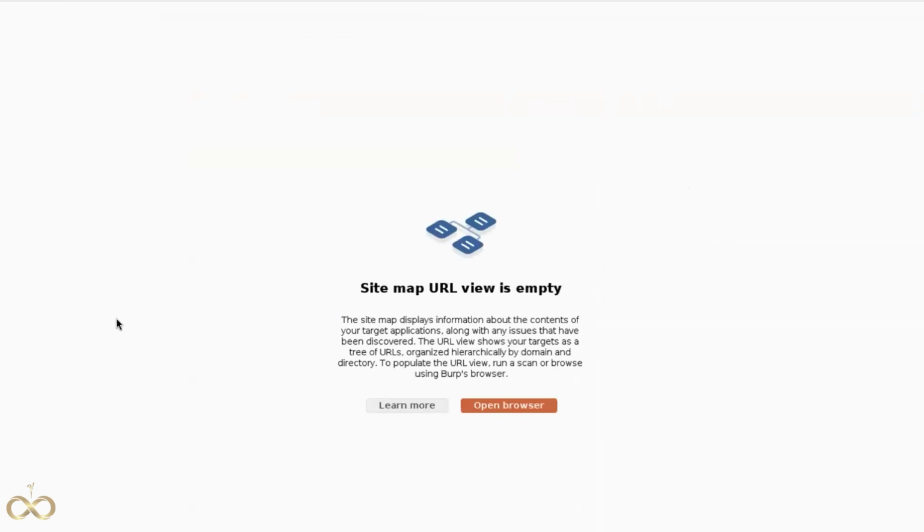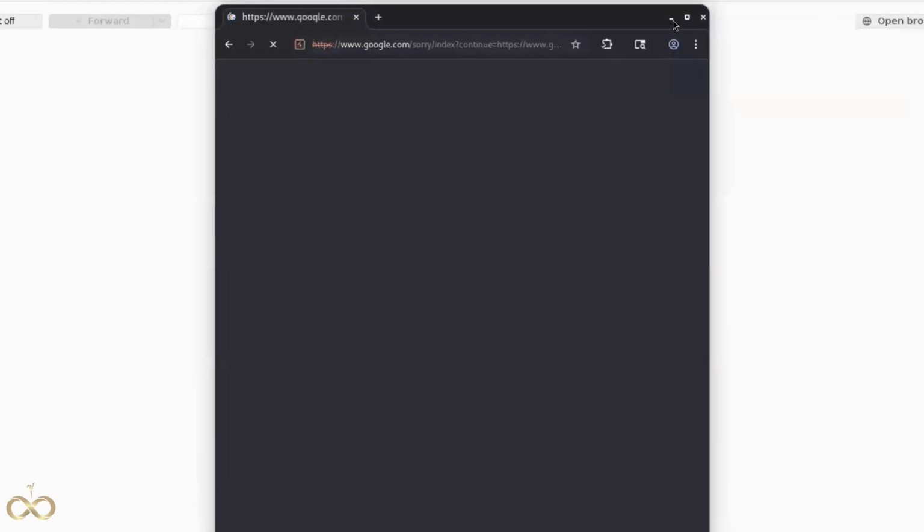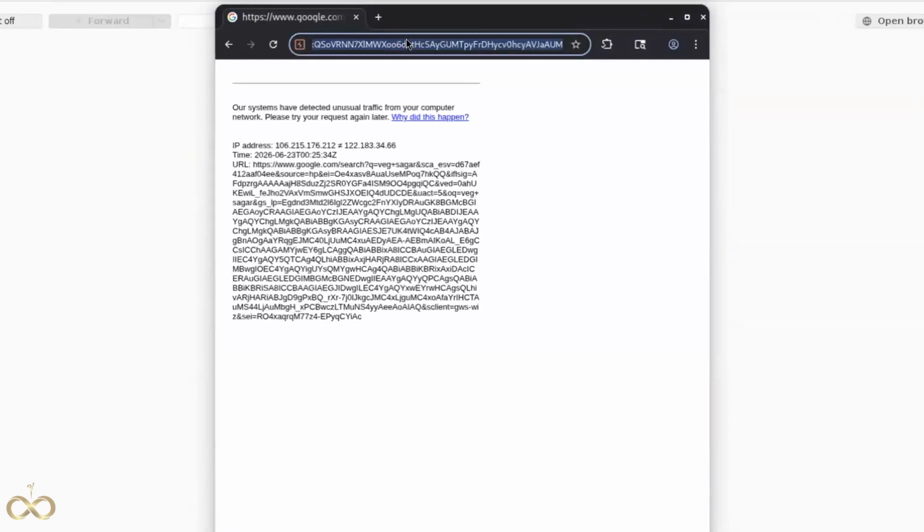The second one is Target. The first thing in Target is Sitemap. It creates a sitemap for you. So what is a sitemap? Let me first open the browser and show you what exactly it is. Whenever you are enumerating or working on any website, let's open